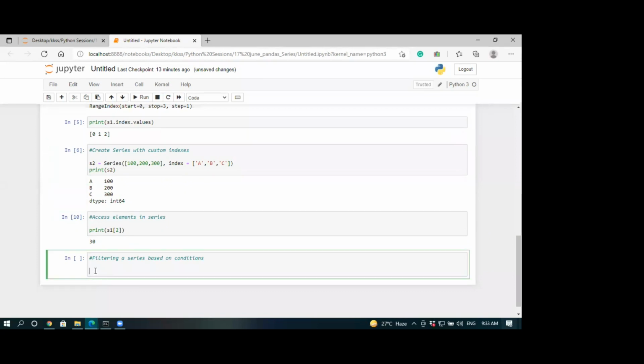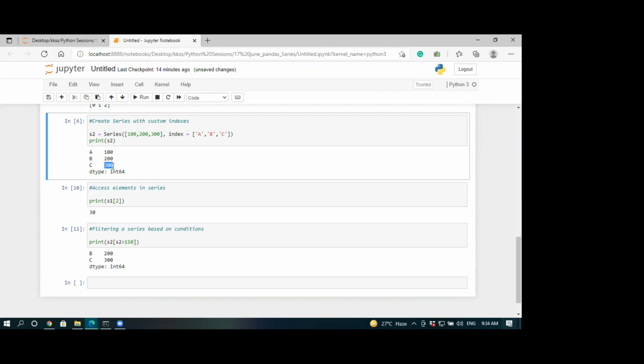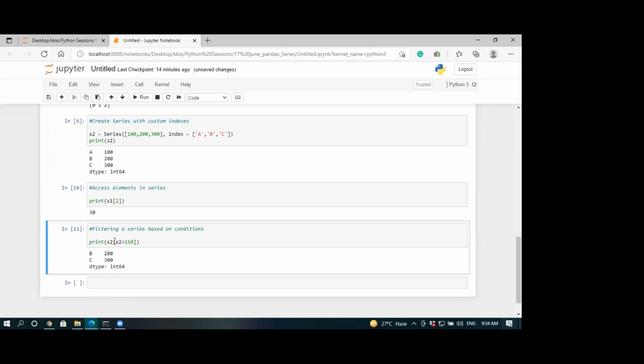So I'll print S2 series where my condition is S2 greater than 150. Run that. Now you can see 100 wasn't satisfied, so it's not printing that element. 200 and 300 are satisfying, so it's printing those. Whatever condition we have goes in here and is applied to the S2 series.